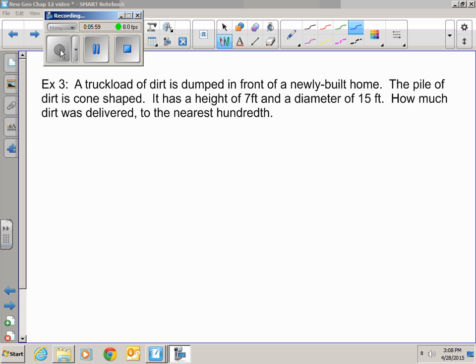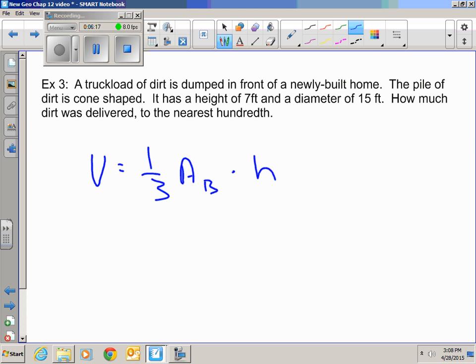Okay, last problem. I'm building a new home, and I got a truckload of dirt dumped on my front yard, just what I want. The pile of dirt is in the shape of a cone. The volume of that dirt, therefore, is going to be 1/3 the area of the base, which we now know is a circle, times my height. The area of the base: I have a diameter of 15, so I have a radius of 7.5. So it's 7.5 squared times pi times the height,